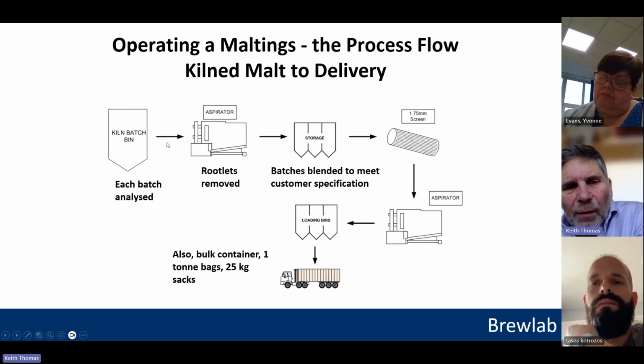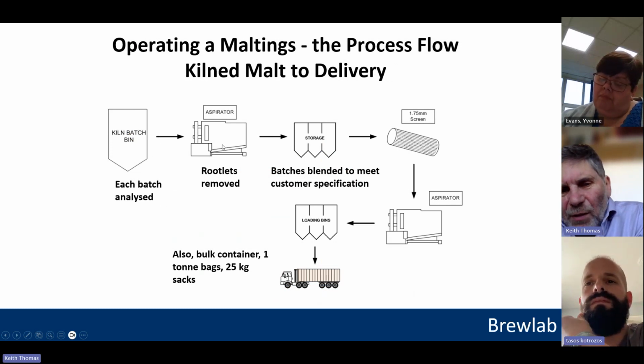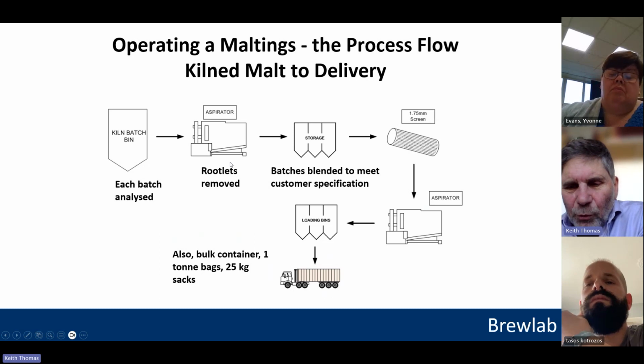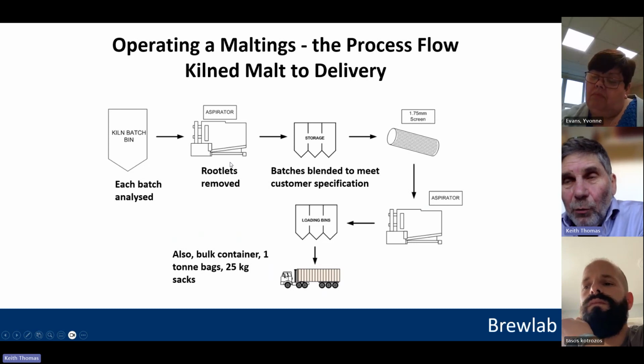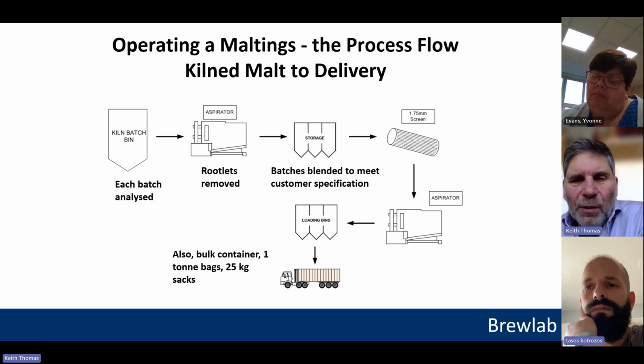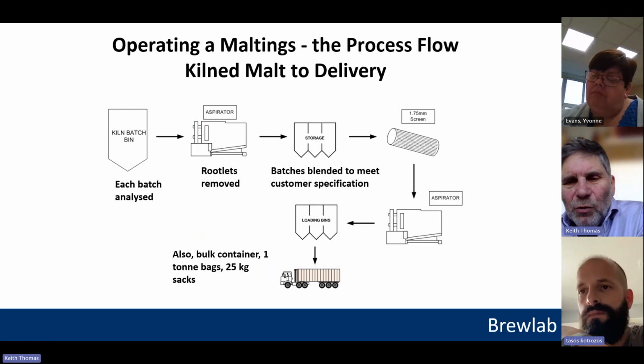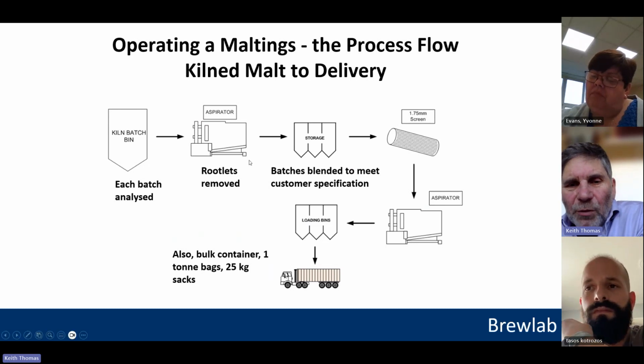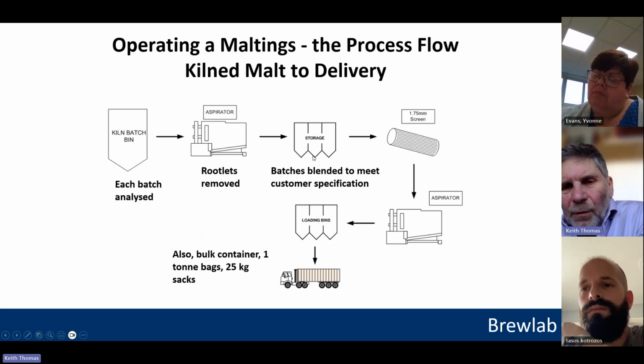Once it's kilned, then it's got to be tested and stored ready for dispatch and sale. So the rootlets have to come off. That's important. We're not wanting to mash those. They'd cause problems in it, and particularly in the drainage through. But once the rootlets have been removed by an aspirator and blown away, then the whole batch is stored,